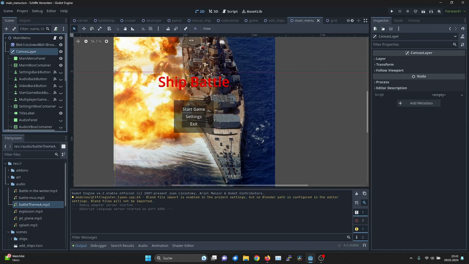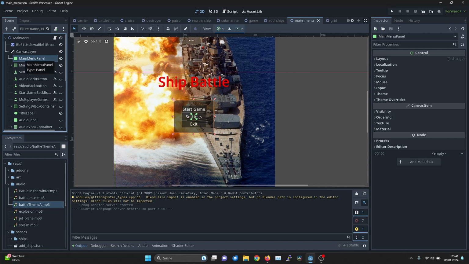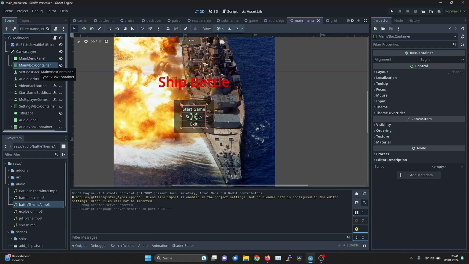So, of course, we put a canvas layer on that, and then we have several panels, and each panel contains some buttons or labels or whatever, and I'm organizing everything with the main VBox container. Currently I'm showing the main VBox container,